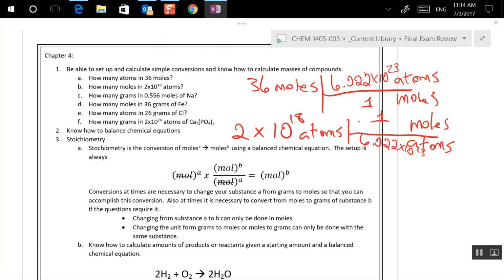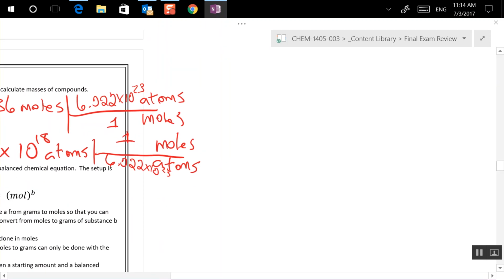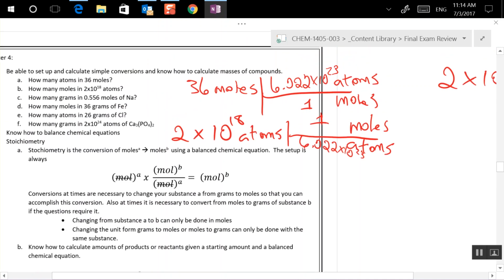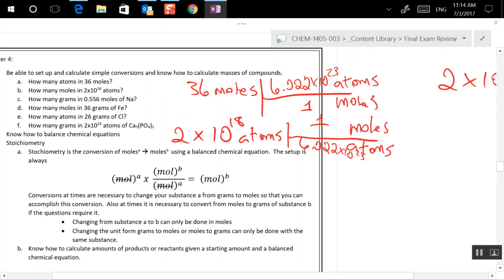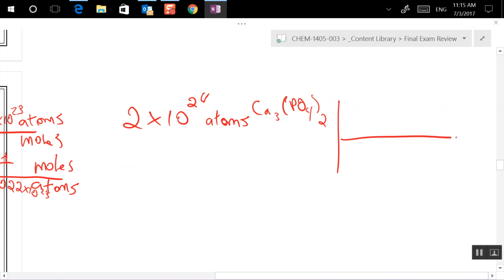So I'm not going to do all of these, but let's look at letter F here. So 2 times 10 to the 24th atoms. How many grams is that? Now this is actually of a substance that we need to know what that substance is because we have to calculate the molecular mass of it. Calcium phosphate, Ca3(PO4)2. Okay, so we're going to convert this from atoms to grams